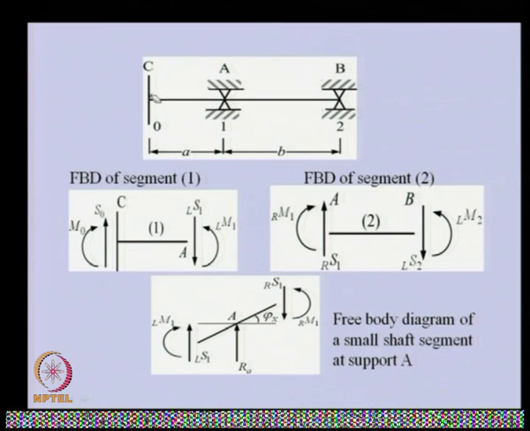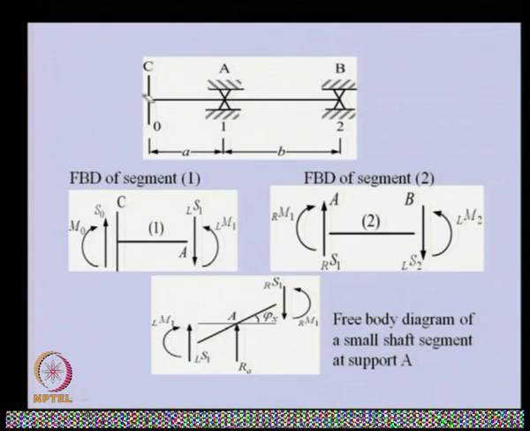You can see this is station 0 we have selected, station 1 is at the intermediate support, and station 2 at the other support. Now I have taken the free body diagram of the shaft segment. So just left of the support up to this is the free body diagram for that particular shaft segment. You can see this is the disc, this is the shaft, which is just before the left side of the support. In this free body diagram,